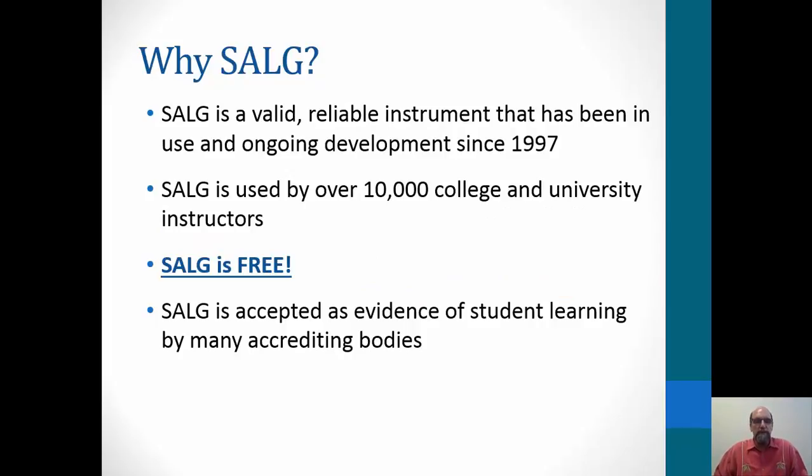Some other reasons you might want to consider. SALG is a valid, reliable instrument, and most of the course evaluations that are in use right now in the United States, very few of them have been tested for validity or reliability. So in this case, we know that the SALG provides you useful, actual knowledge about what's going on in your course. It has been around since 1997, and in 1999 was put online, so we have a very long track record. It's used at the moment by almost 11,000 college and university professors,